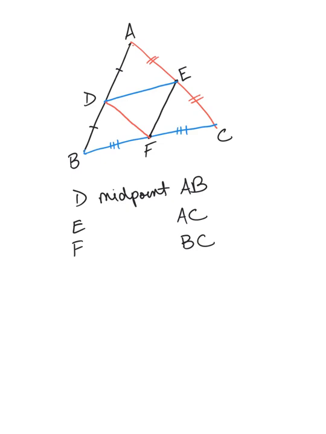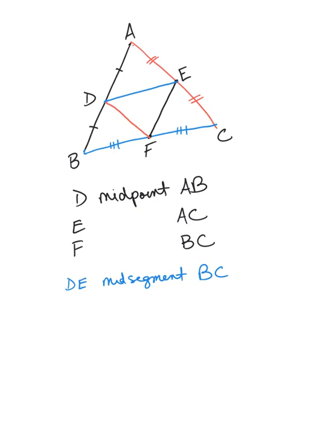So with that in mind, when we connect any two midpoints, we get the mid-segment. Based on our color coding here, DE is the mid-segment of BC. The mid-segment is always parallel to the side opposite it. So DE is the mid-segment of BC,